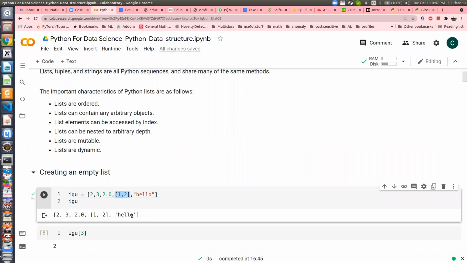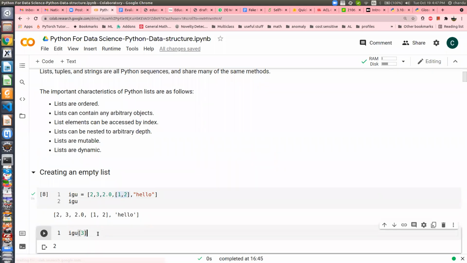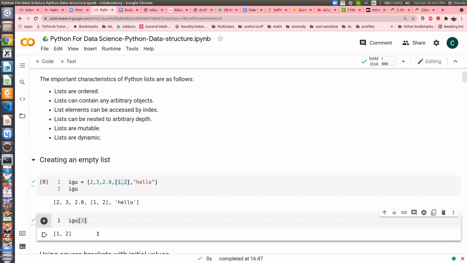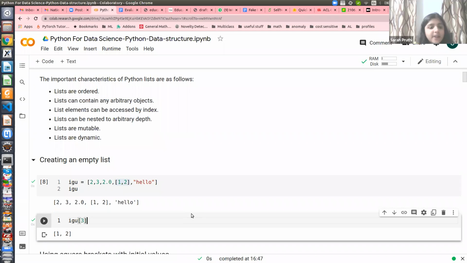So if I type index 3, it will print 1 and 2. Can you see? There is no magic. Just remember the index notation I mentioned when I drew the array: A[0], A[1], A[2]. That is why it prints 1 and 2.